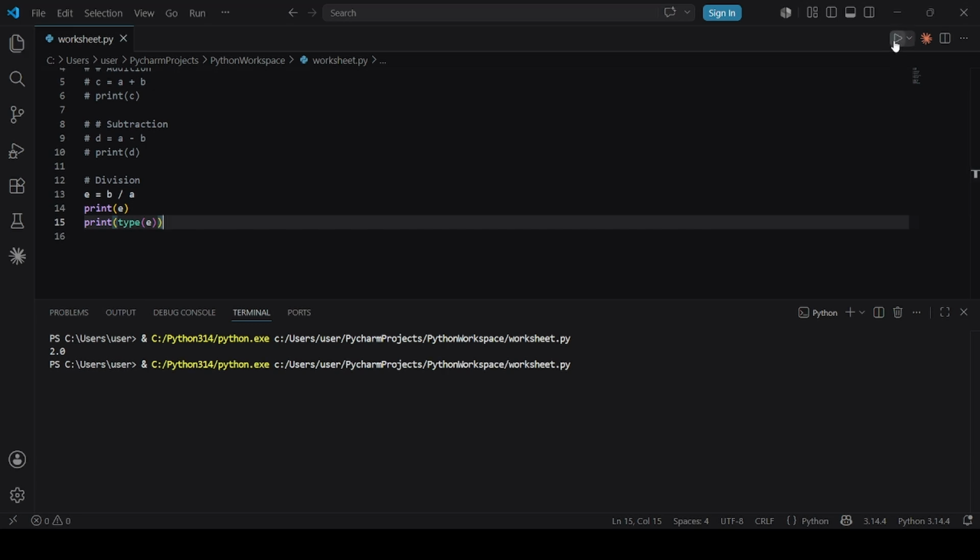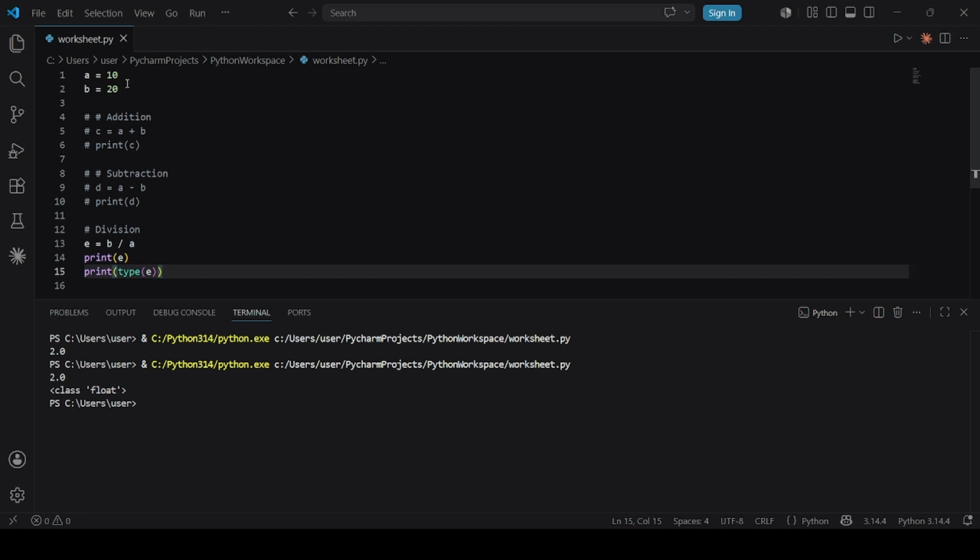If I run this, I'm now having 2.0, class float. Which means the division, which is the slash, returns a float. So whenever I divide two numbers, although those two numbers are integers, we don't return an integer, but instead we